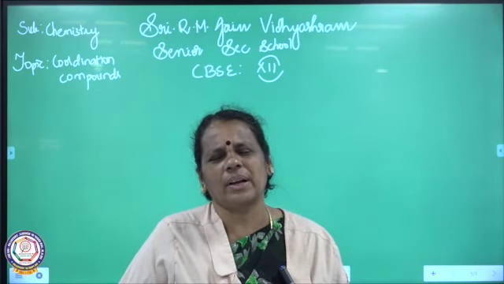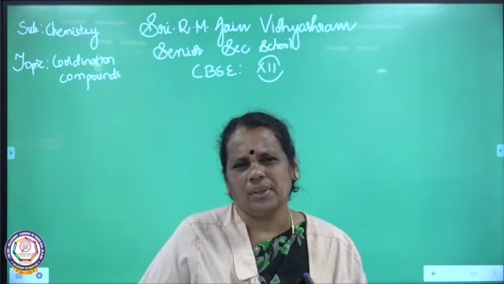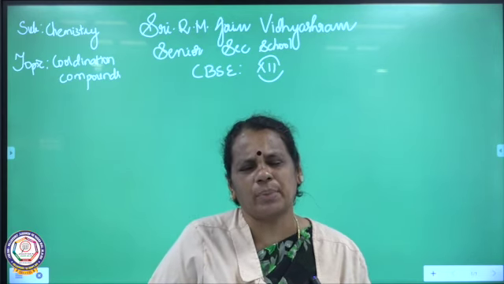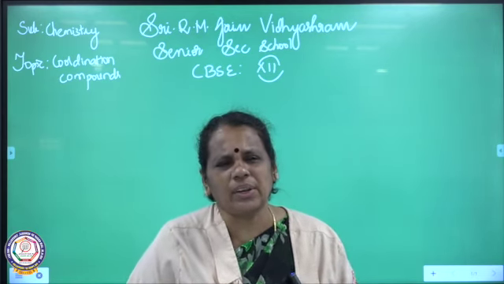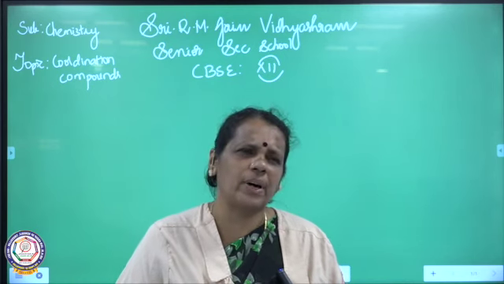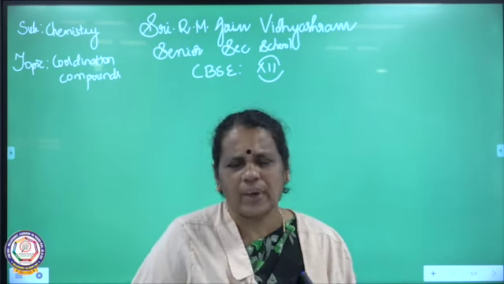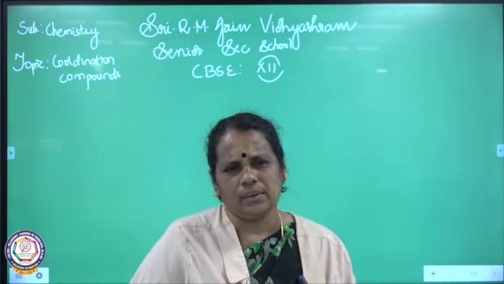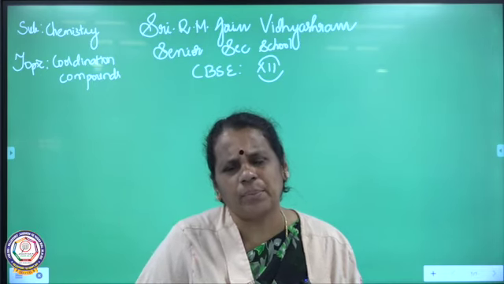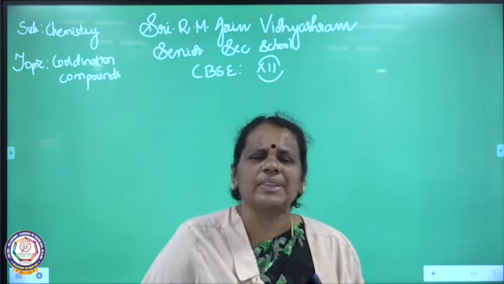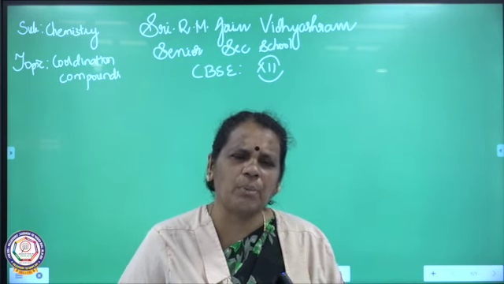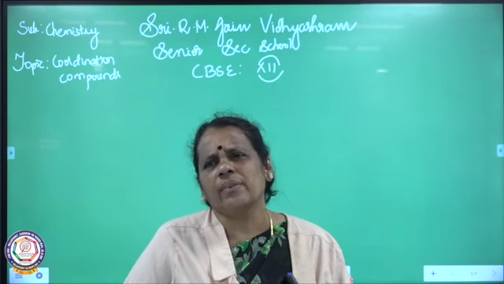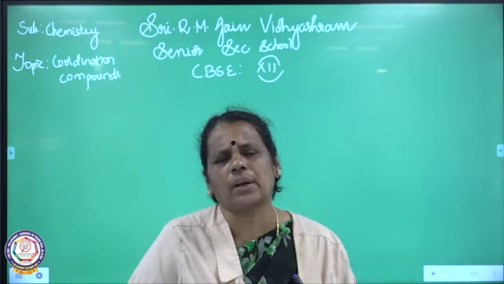Today we are going to start, already we are discussing coordination compounds. Today we are going to see coordination number. Already I have given the definition for coordination number and we have seen the calculation for some mononuclear compounds where there is only one donor ligand attached to the central metal ion. So, coordination number is nothing but the fixed number of ions or neutral molecules that are attached to the central metal ion. And based on that, we have seen the calculation for mononuclear compounds.